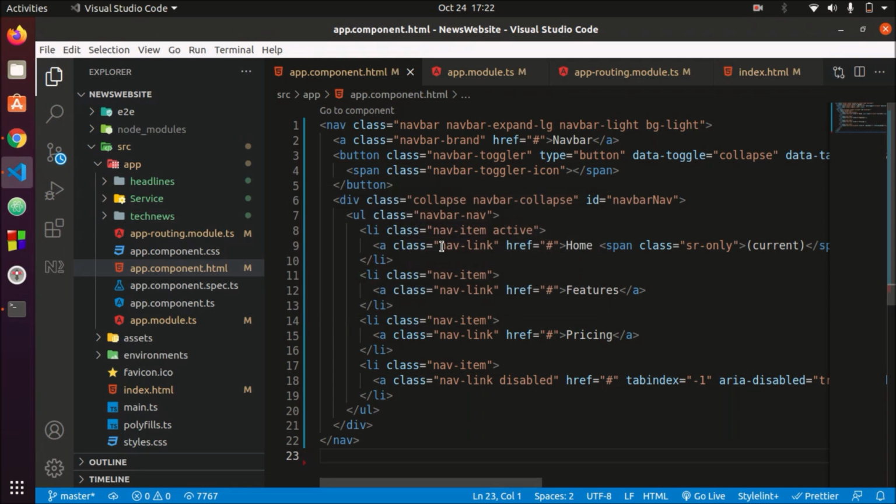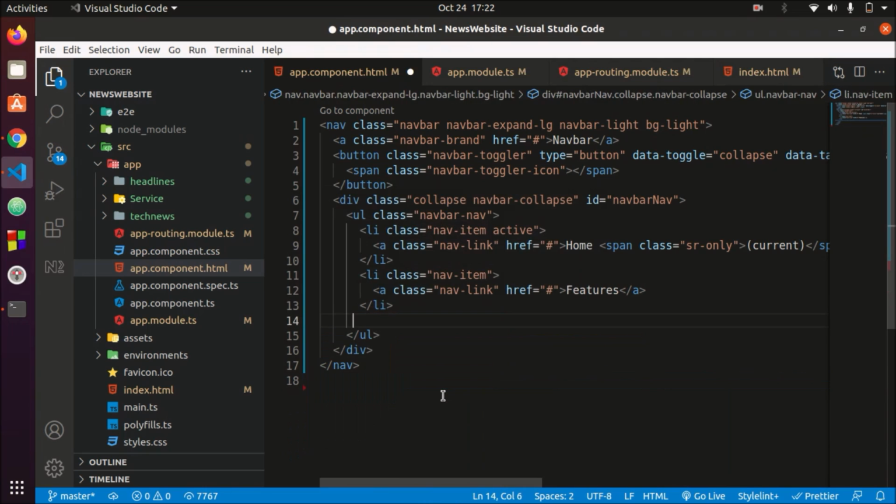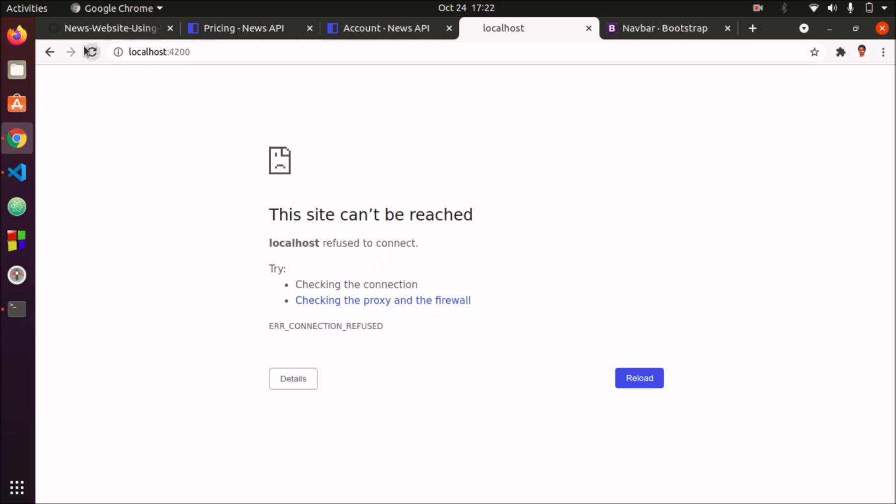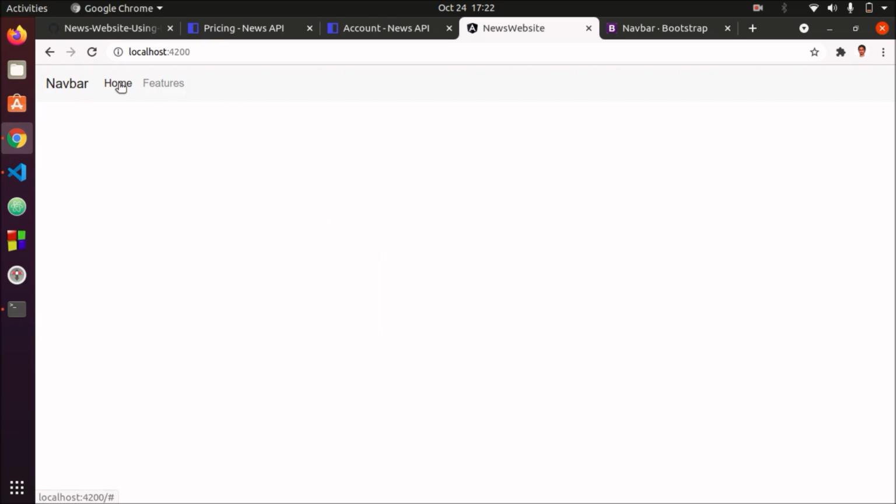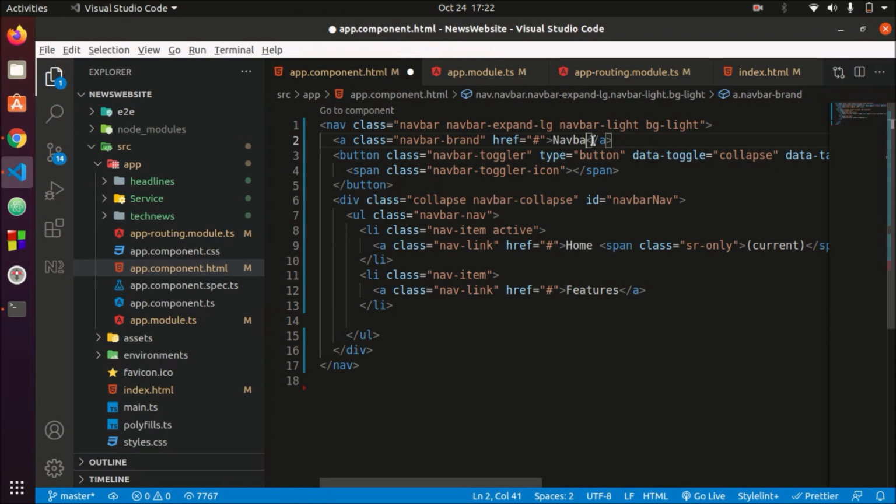Let's do one thing. Let's make some changes. Remove the unnecessary parts. Like I don't want these two parts. I'm removing it. And also, let's see output. Yeah, we will replace navbar with news. We don't want it here, so let's replace it with news. And we are not using href. We will be using router link, and it will be empty.